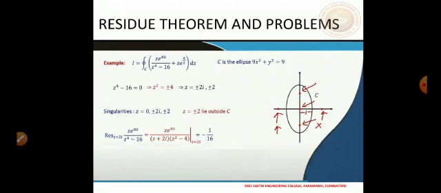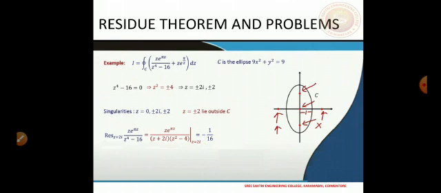So this is an ellipse, and if we look at the first portion here, because of z square minus 16, we have z square is equal to plus or minus 4, and therefore z is plus or minus 2i, and we have plus or minus 2. So these are the 4 points where this function breaks down. These are our singular points, and we can easily see them now.